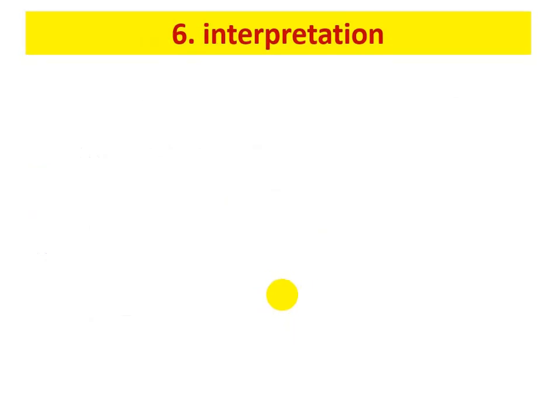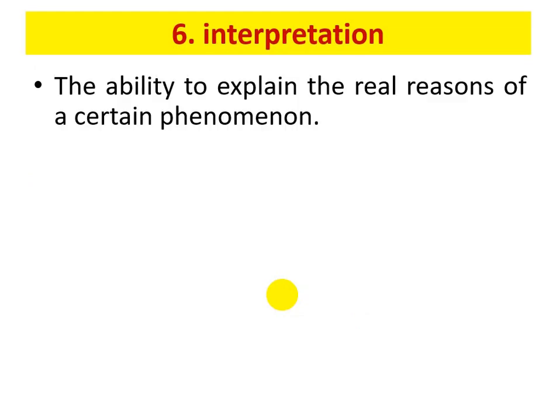The next skill of critical thinking to be dealt with here is interpretation. And interpretation is a very important skill of the critical thinking skills. But first of all, what's meant by interpretation? You are interpreting something, you are interpreting situation, phenomenon, etc. It means the ability to explain the real reasons of a certain phenomenon. When you are able to explain and find out the real reasons or causes of something,